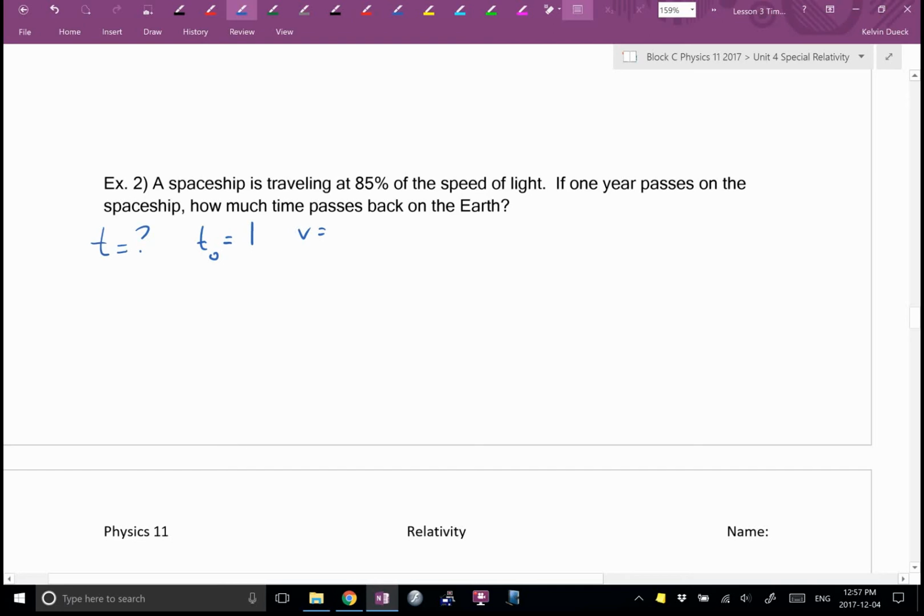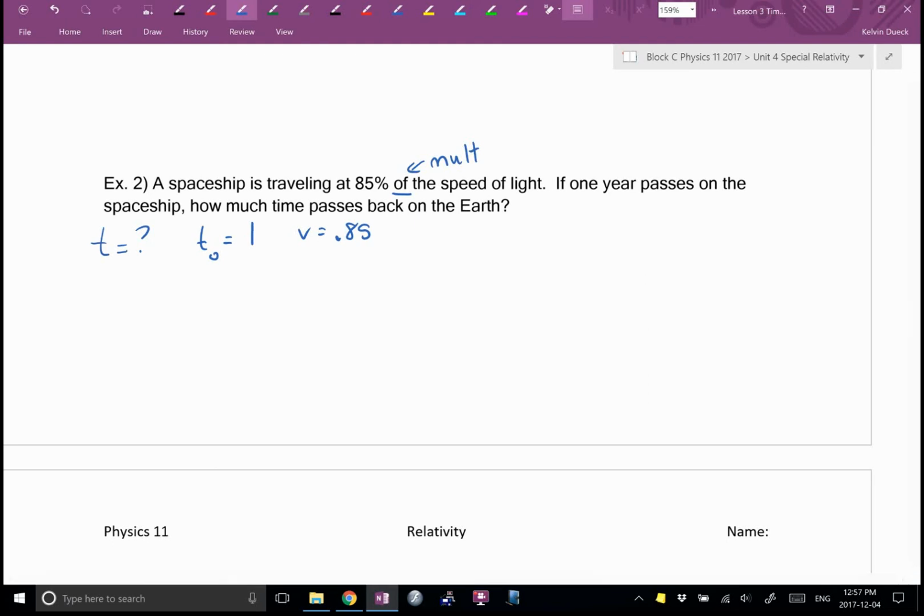Pause. Look up. I don't do math with percents. I always have to change a percent to a decimal. 85% is what as a decimal? 0.85? Write that down. The word of right after a percentage, does that mean add, subtract, multiply, or divide? Okay, this is one worth filing away. Of means multiply. So we're going to times the speed of light.